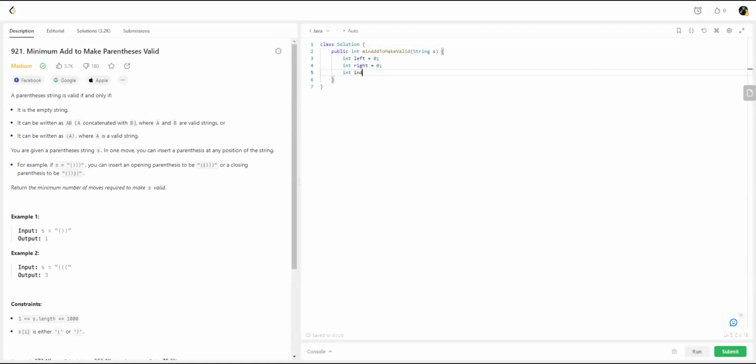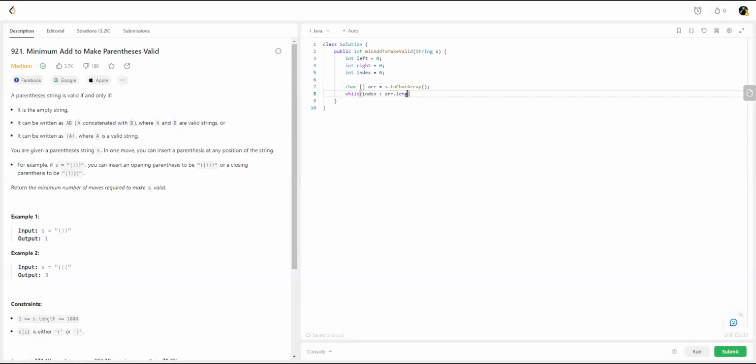Then we keep a variable index, also starting from zero, and I want to use a char array. So I'll say the char array is equal to s.toCharArray. And then I'll have my while loop. You can also probably use a for loop. So while index is less than array.length,